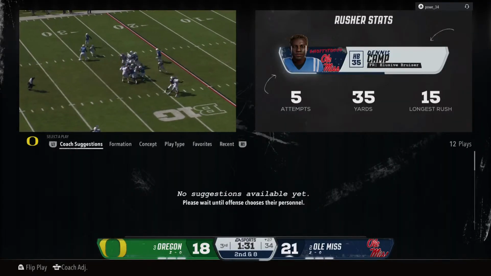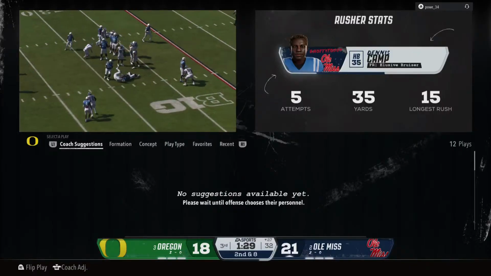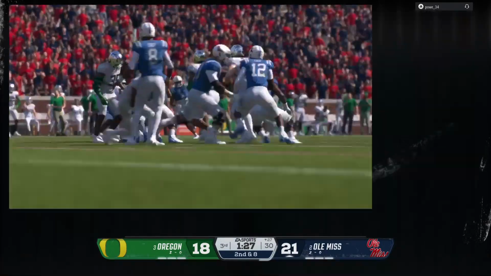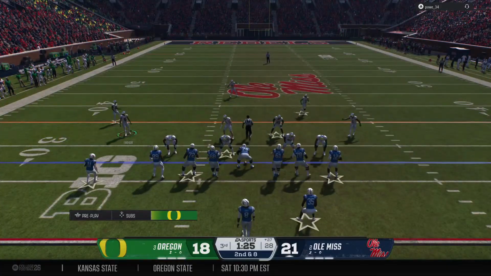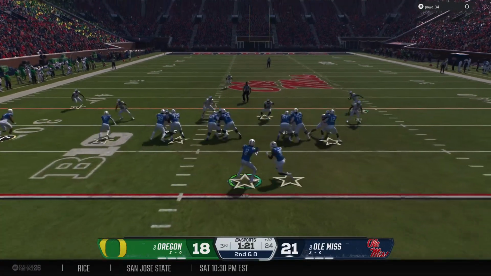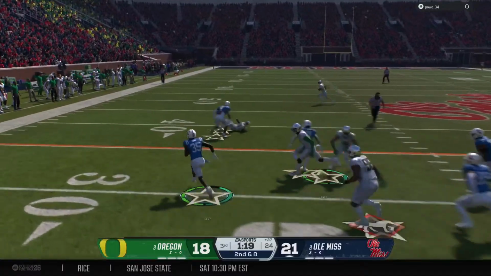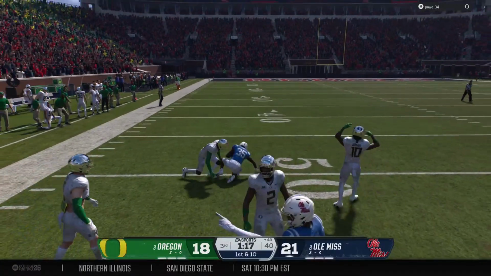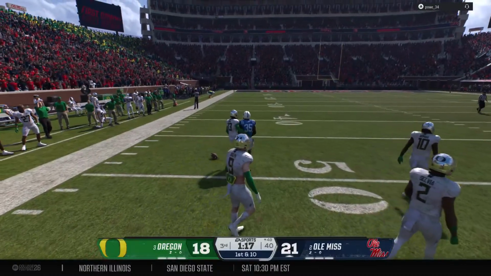running game. But if I'm calling the plays, I'm not abandoning the running game just yet. I think it's important to have some sense of balance. So throwing and running is essential. Stick with it. Offense comes up 2nd and 8. That running game not producing much on the first down play. He's got the first and still going. They get him to the ground, but an explosive running play there.